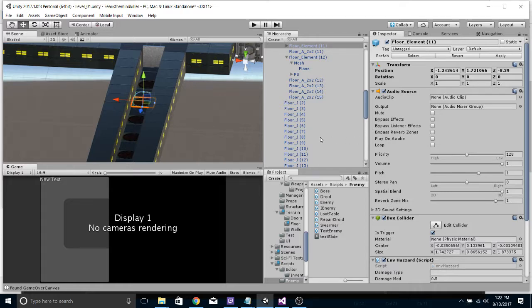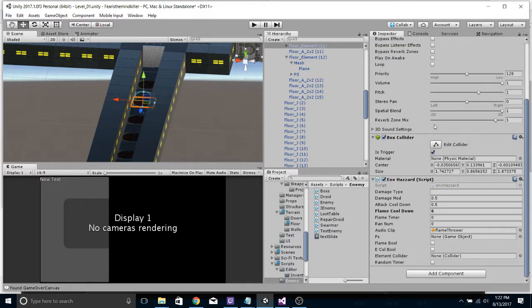By doing that, you have an attack cooldown, which will damage the player for this amount of time. Every time it hits 0.5 seconds, you use the modifier here to take that much off of him. So 0.5 durability off the player. Then you have the flame cooldown, right? Which is each of these elements